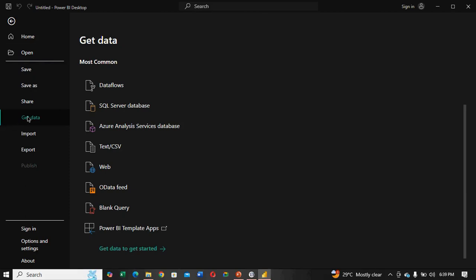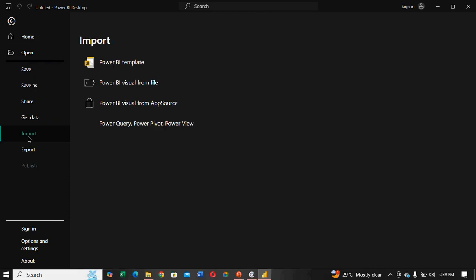It also has the ability to import. I can import some data into it, having some template from somewhere or from a file, and I can export.